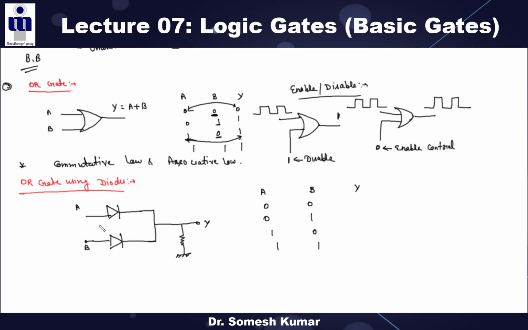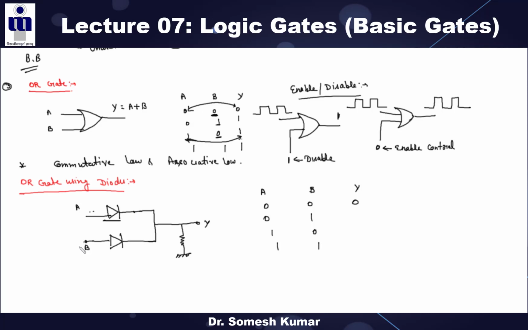Now tell me, if A and B are 0, 0, what happens in this case? See, at the input, this is the anode, this is the cathode. If both are at the same potential, then is your diode on or off? It is off, right? And at the output, what are you getting? 0. Nothing is propagated from the input to the output. This potential always remains, and this diode remains in the off state.